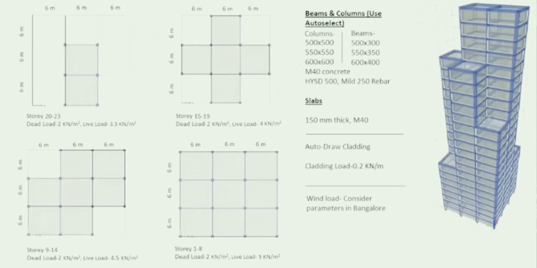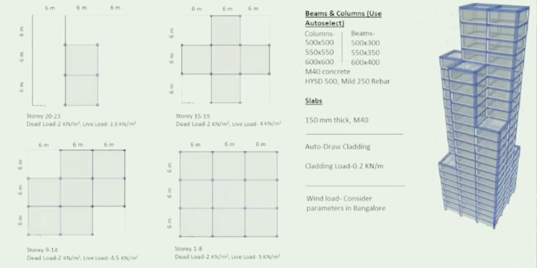Let me first define the building's geometry, materials, and loads that have already been assigned. We have already considered a 23-story building with varying geometry that has been shown in this picture. This picture clearly defines the geometry of the building model.